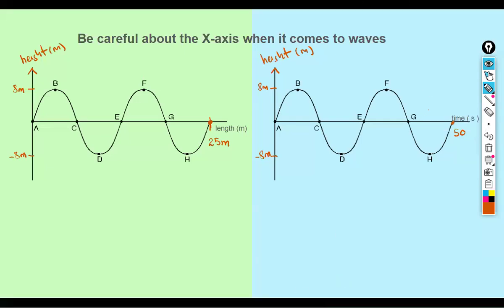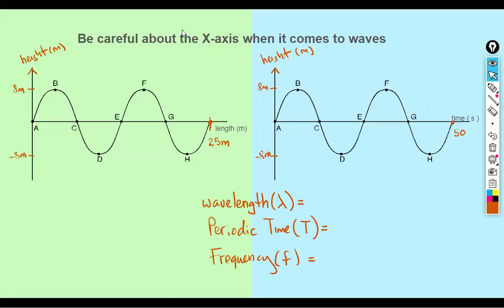I want you all to tell me the wavelength. Now, we're going to assume that these two graphs represent the same wave. So we take two different types of measurements, and for the same wave, we draw two different graphs to represent what's going on in the wave. Who can tell me what's the wavelength? Figure out which graph you need to use. You can't use any graph. Look at the two graphs and figure out which graph is the correct one, teacher.